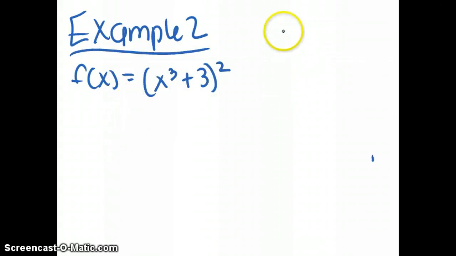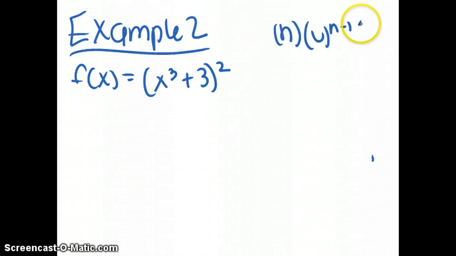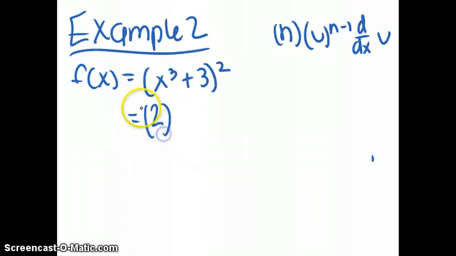So if we use that same n minus 1 multiplied times d over dx of u, if the x to the 3rd plus 3 is u, well, first we would take the 2 multiplied by the coefficient, and that is n. U is the inside part, so it's x to the 3rd plus 3 to the 1st, which is 2 minus 1. And the derivative of u is,